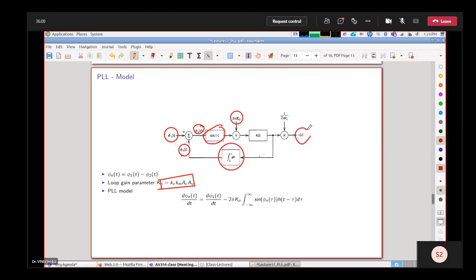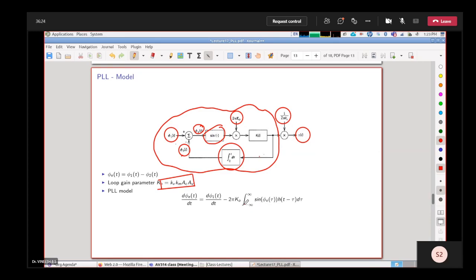If we want to see what V of t is, we can get that by removing the 2 pi and the kf. We just multiply by the reciprocal and get this V of t. But this is the loop that we are really going to look at now. Is it clear how we are getting this loop? Yes, sir.